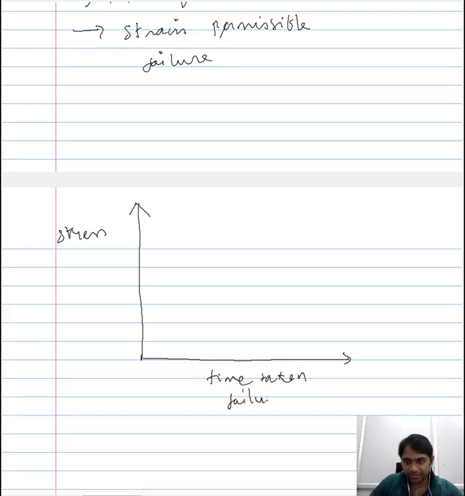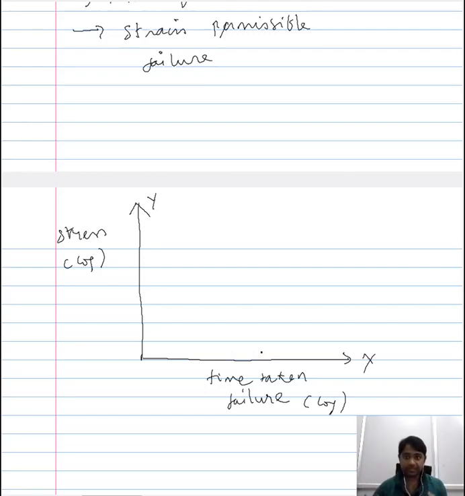for failure. So the time taken for the failure is considered on the x-axis and the stress is considered along the y-axis. The constant stress that is used for the stress-rupture test is along the y-axis, and the time taken for the failure is along the x-axis. And since we are accumulating the different tests, we consider a log scale along both the y and the x-axis. Now under such consideration, when you plot the constant stress along the y-axis and the time taken for the failure of the material along the x-axis,